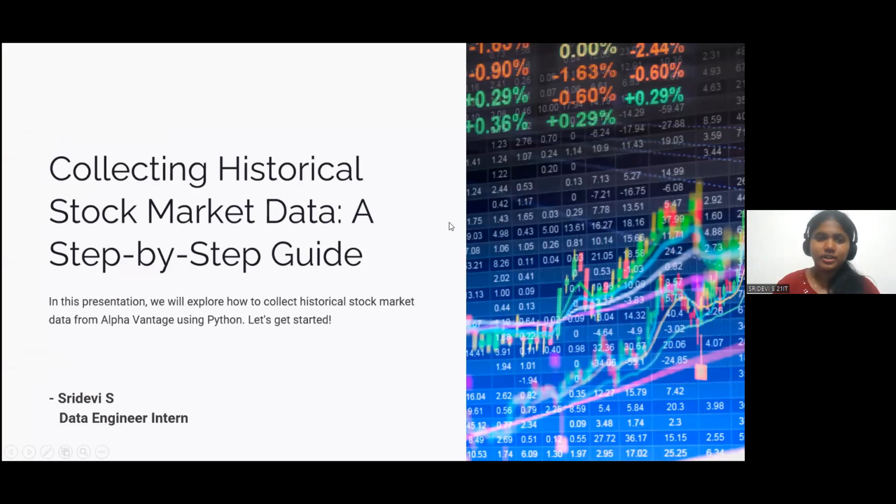So, good evening, all. I'm Sridevi Satyamurthy. I'm a data engineer intern here at Hackveda. My task was to collect stock market related data from a website known as Alpha Vantage. So, this website basically provides